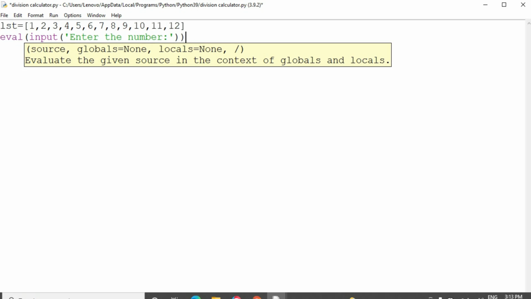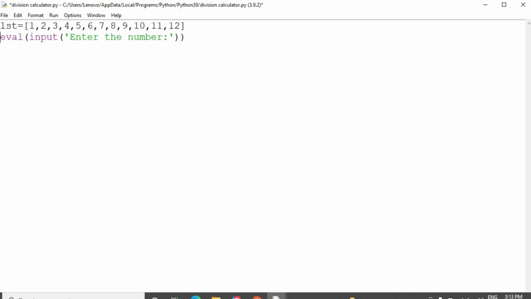Previously I'll add the eval function, then I'll store it into some variable, user input equal to.